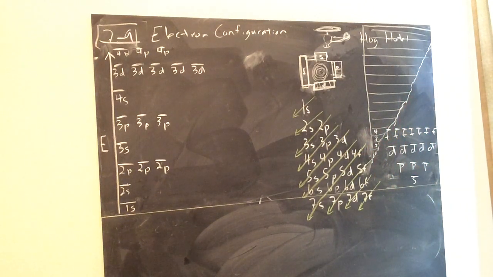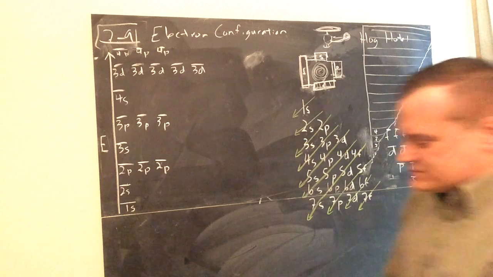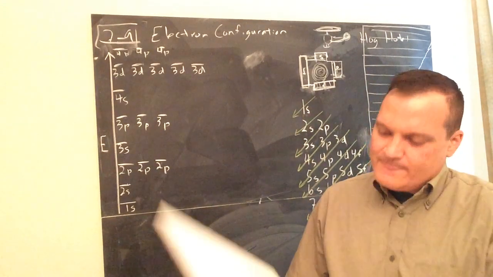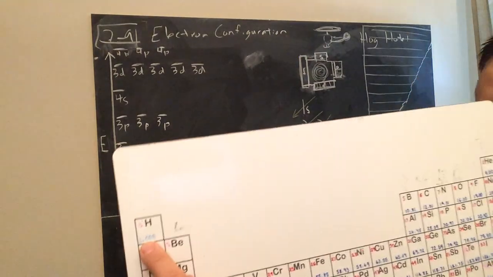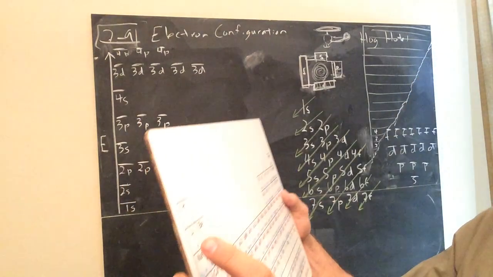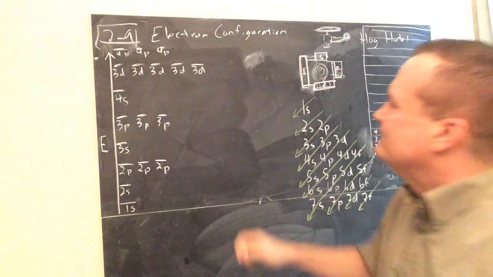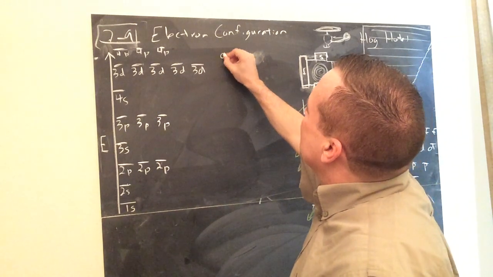But anyway, okay, here we go. So let's start off with the very first element. It's hydrogen. We're going to go to the periodic table. And we want to say, how many electrons are in hydrogen? Now, my numbers are coming off. I'm going to have to rewrite them there. But, well, this side looks pretty good. But hydrogen is atomic number 1. So, atomic number,